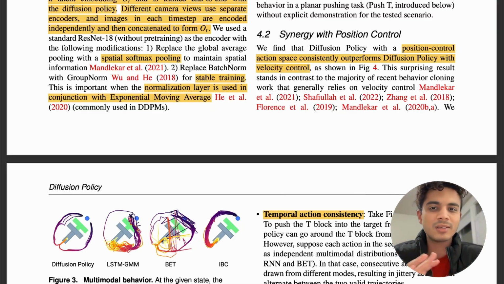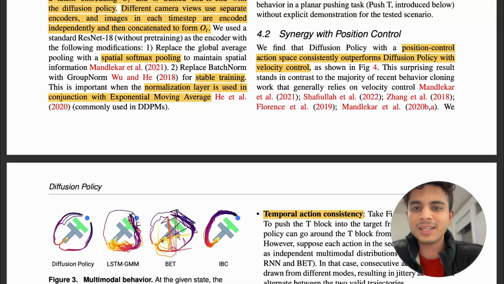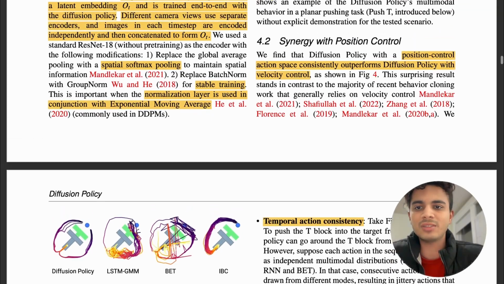Group normalization is a little bit more advanced. Batch normalization has been existing since a long time. Group norm is relatively new. And why they're doing it is for stable training. Now, this is important when the normalization layer is used in conjunction with exponential moving average, because this is commonly